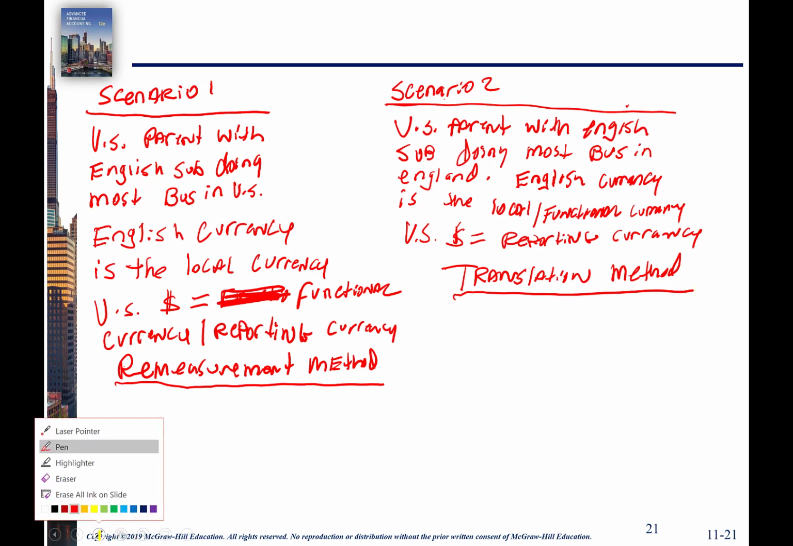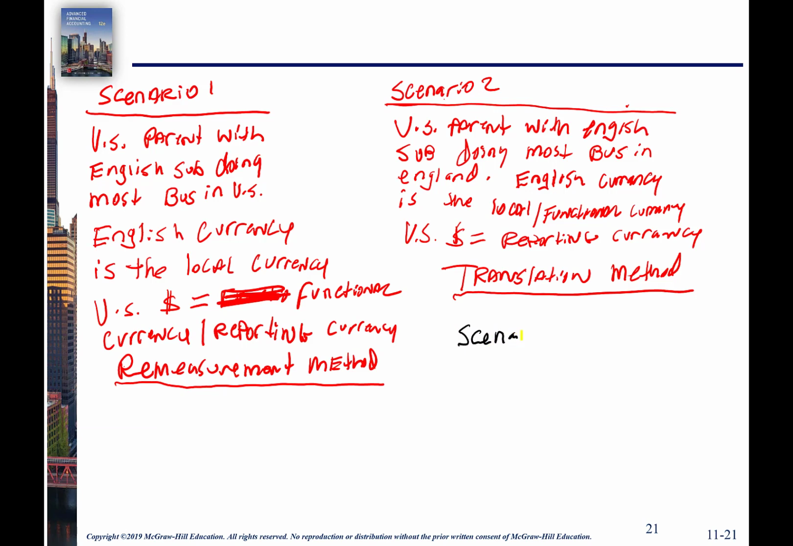Okay, all right, so now we're going to jump over to scenario 3. Okay, and in scenario 3 we're going to say it's our same two companies, let's say, but we're just changing up the scenario. US parent with